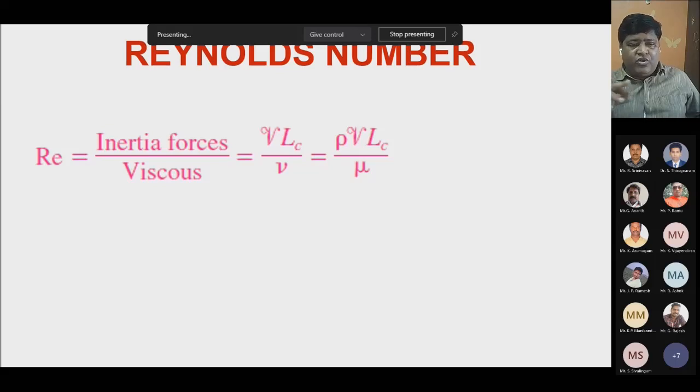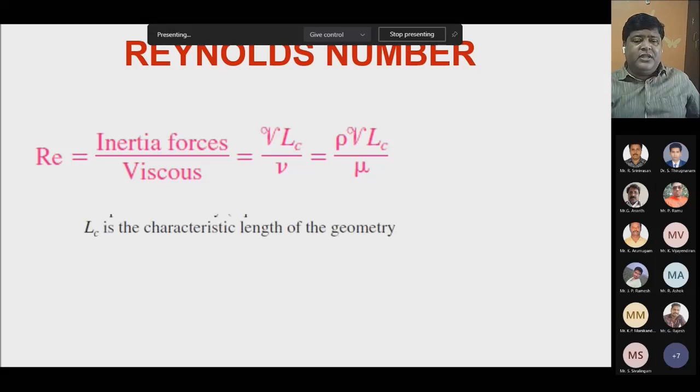On the contrary, in the turbulent zone, inertia force becomes more, viscous is less. The fluid tries to hold the other layers, but since the velocity is very high, the force at which it is moving forward, the other layers are not able to hold it and stop it. So the inertia force is more and viscous is very less, and the Reynolds number is high. When velocity increases, the Reynolds number increases, we get turbulent flow. When velocity increases, inertia force increases over the existing viscous force. So the fluid does not move in a patterned manner. It moves in a chaotic or confused manner, in a zigzag manner. That is the effect of Reynolds number.